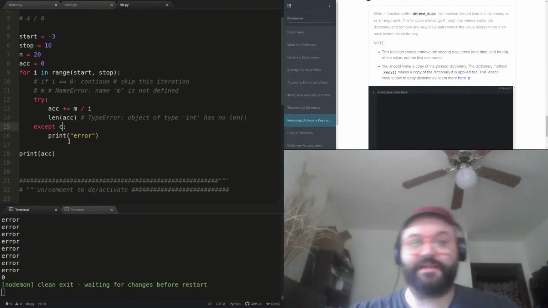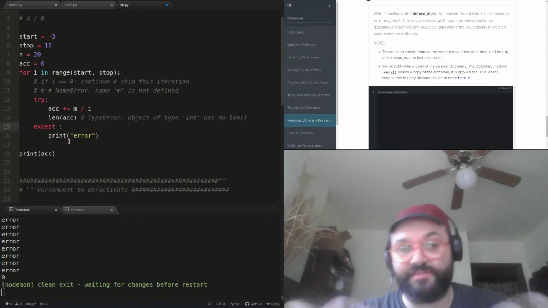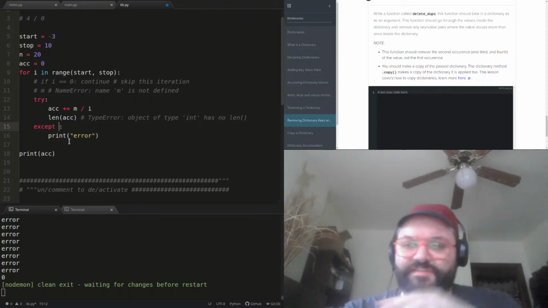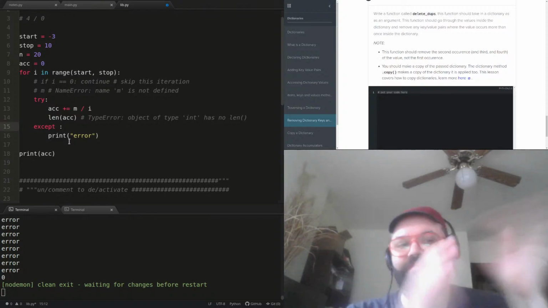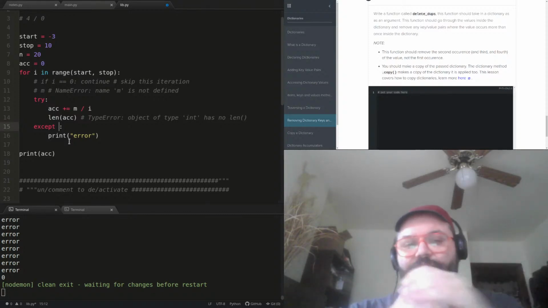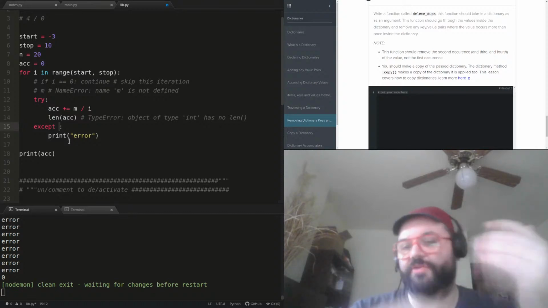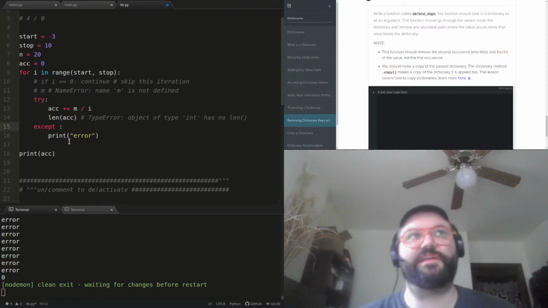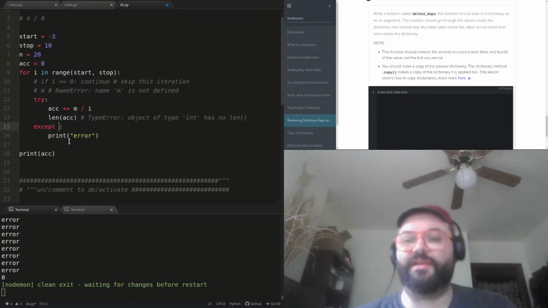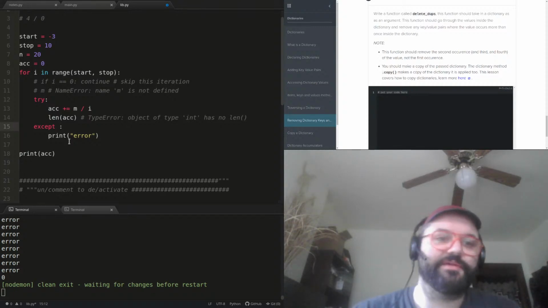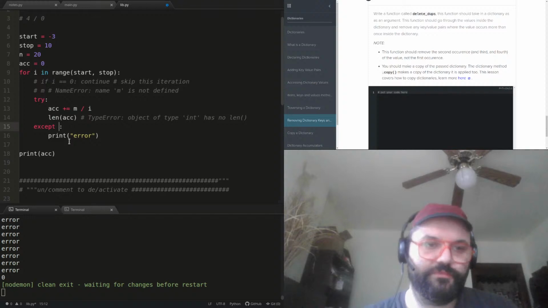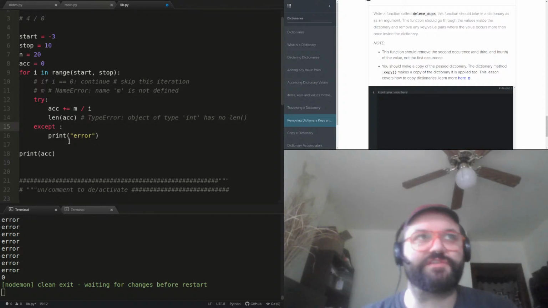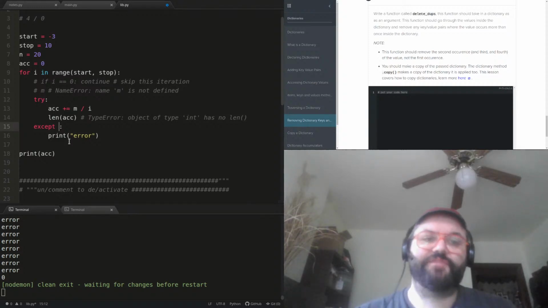And the except block, in all cases, I'll say, at least for now, should specify a specific error that they're going to handle. So you should be specific. That also gives you the ability to run special code for each particular error. You might want to do something specific if you get a type error and something different if you get a name error, or well, you shouldn't get a name error really, but you might want to do something different if you get a value error versus a type error versus a zero division error. You might want to handle all those differently, and that gives you the ability to do that.